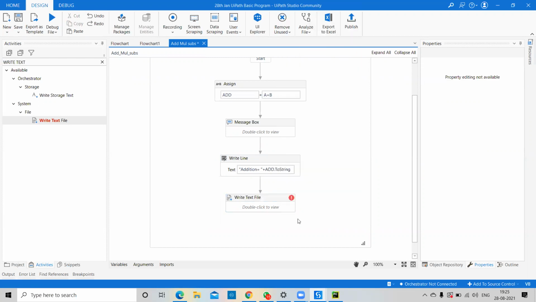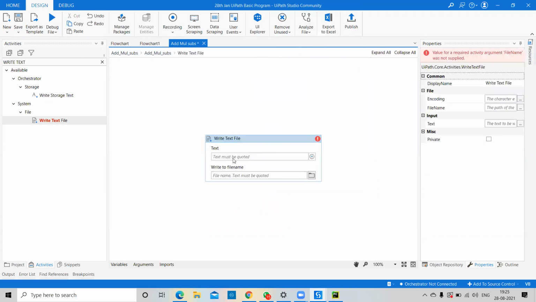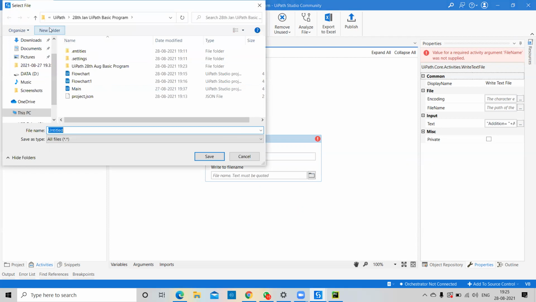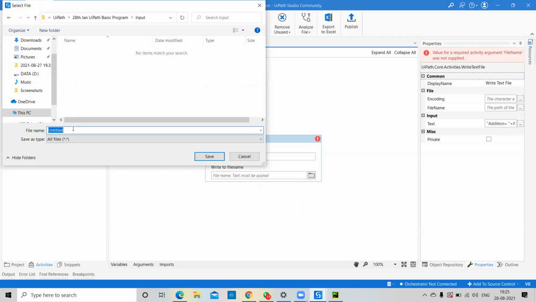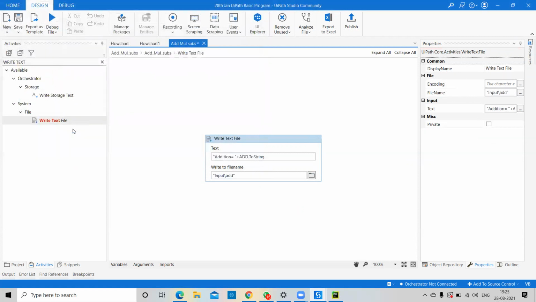Okay, so it will work; otherwise it will throw an error message. And here I'll pass add equal to add.ToString. Where do you want to save it? I want to save it in my folder for the 28th of August, which we created today, and here I'll create one folder. That is the best practice in UiPath, an input folder. If you go for the RE Framework, you will get the same thing there, and here I'll give the file name as add only. Okay, so right now you can see we are getting this star.